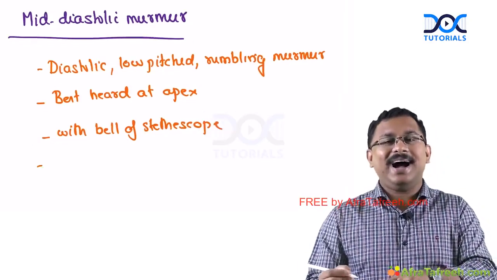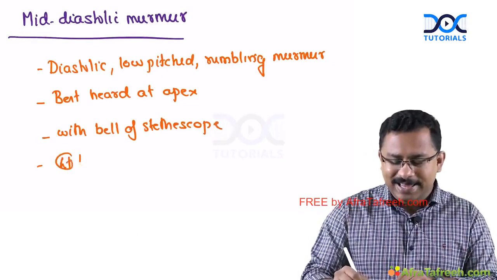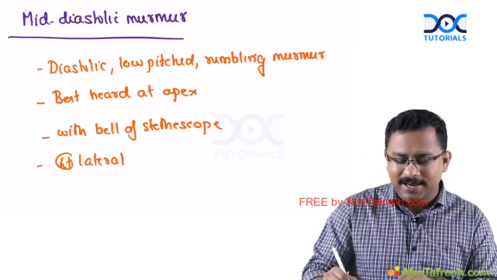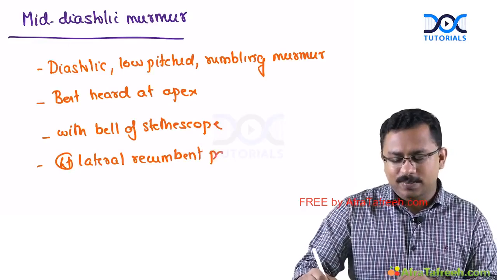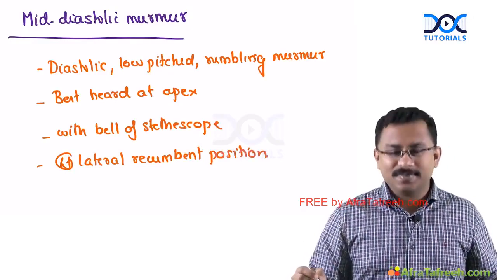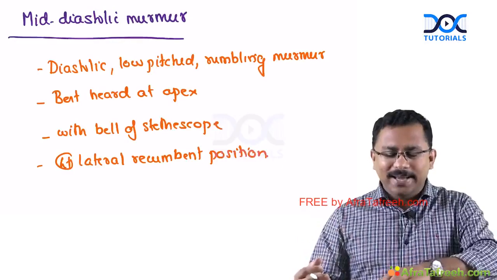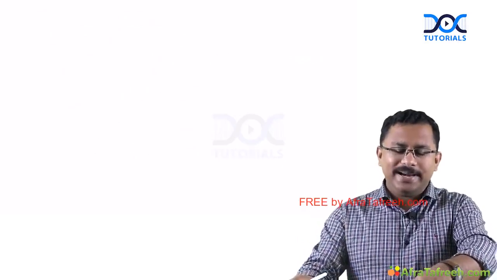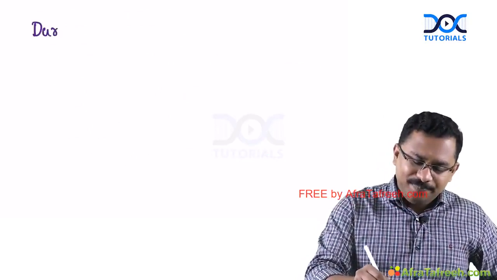And what should be the ideal position of the patient? The patient should be in the left lateral recumbent position. Very important. And one another point about the MDM, or mid-diastolic murmur, is that the duration of MDM